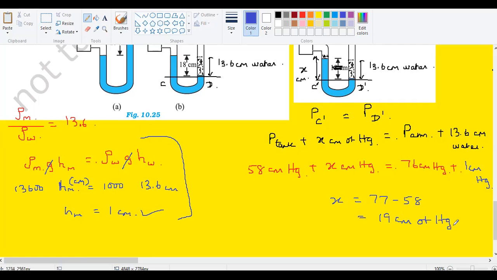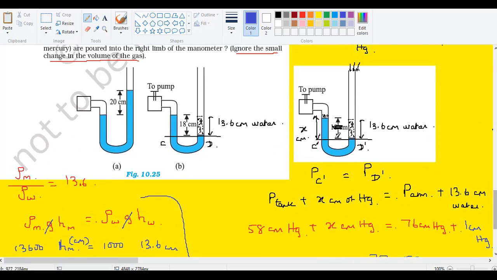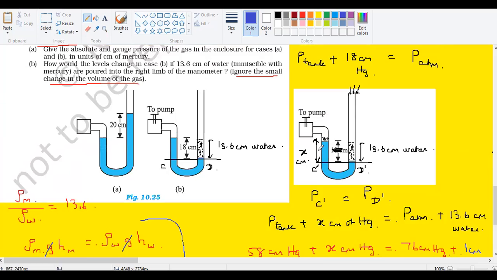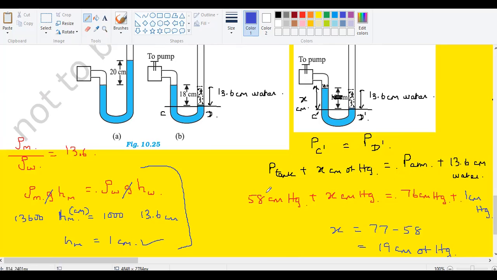So what does this mean? Earlier it was 18 centimeter. Now the mercury has risen up by 1 centimeter. So that means the change in the level is 1 centimeter. Any questions? Any doubts? I pretty much solved the entire problem here because I thought you will need some proper